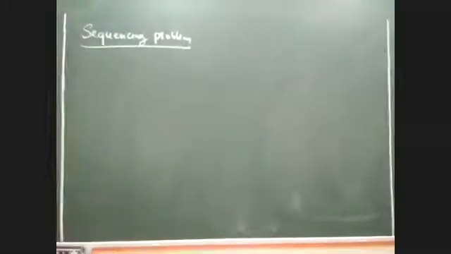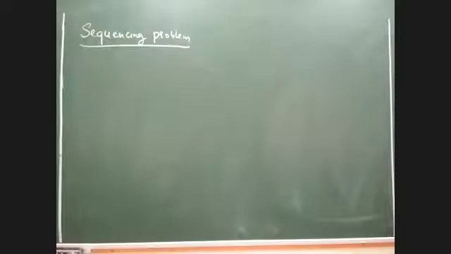So overall, the key point to be remembered is: what is sequencing? Very simple. It is the arrangement of jobs in a particular way so that the total idle time of the machines can be minimized. That's all. The ultimate objective of sequencing is to reduce the idle time of the machines. We don't want the machines to remain idle because you have very unscientifically arranged your jobs. If jobs are not fed correctly into the system, automatically your machines will remain idle, which is definitely a loss to the company.